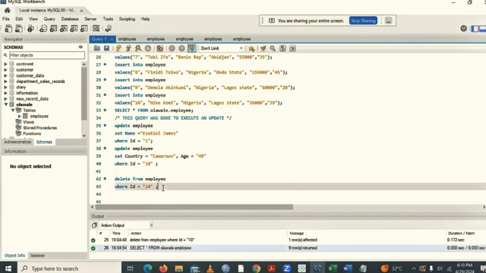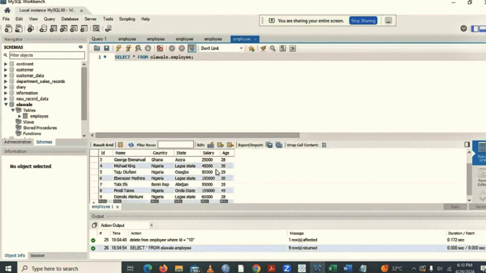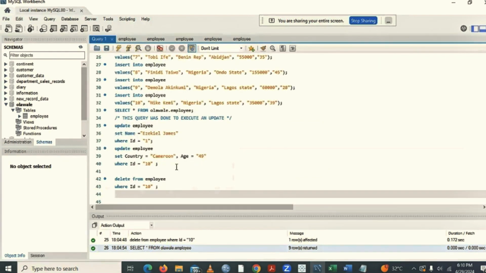So the next thing we want to do now is, okay, we want to add a new column to this particular table. So we want to put allowance here. How do we go about that? I will come back to my query again, and then I will